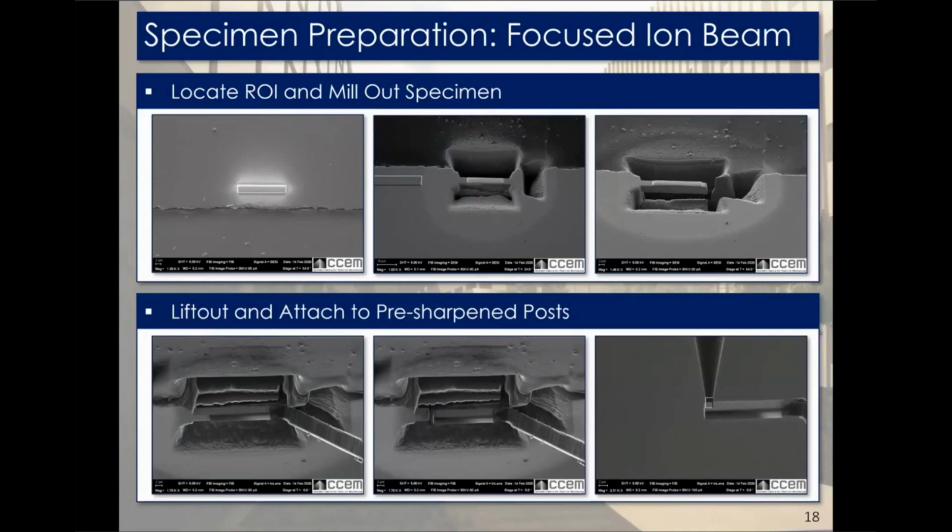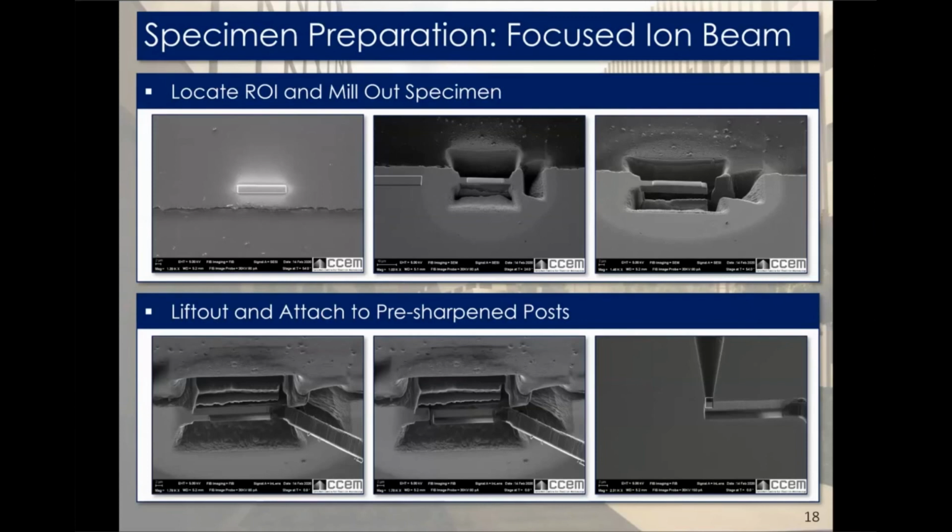But usually, depending on your exact sample and what feature of interest you're after, your FIB technique might have to vary a little bit from what I'm explaining here. Also, the initial condition of your sample might affect that as well. So if we were just doing a very standard ex situ lift out for atom probe,